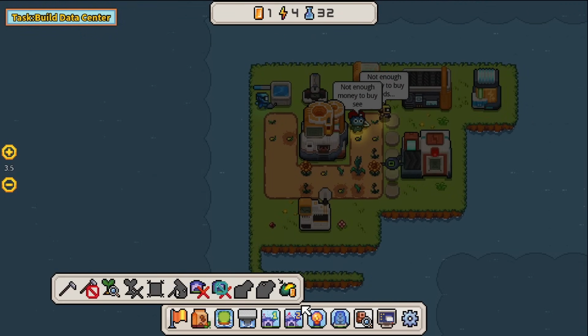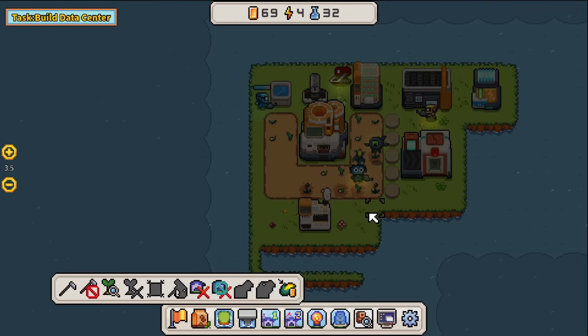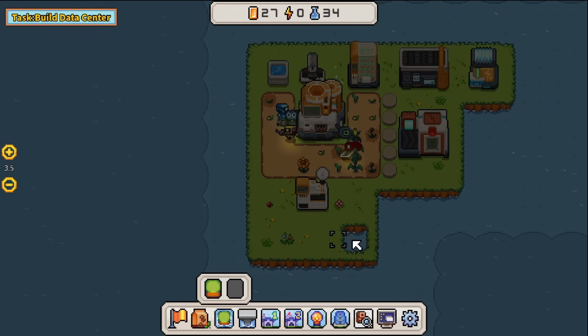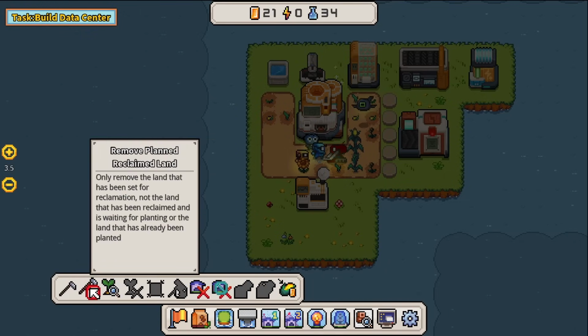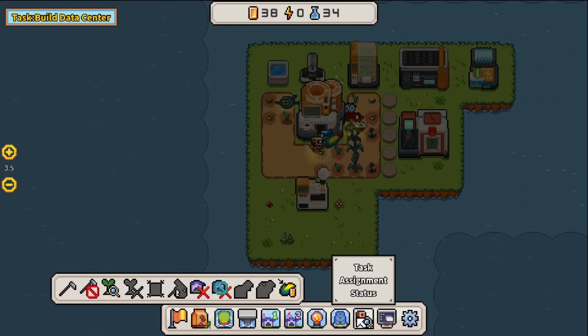So the idea is going to be that I'll... oh, I've suddenly got money. Okay, lovely. I'll reclaim land around here, and I'll be able to do more quick sell around that area. But I would like amongst that for there to be a scarecrow or 2, so...